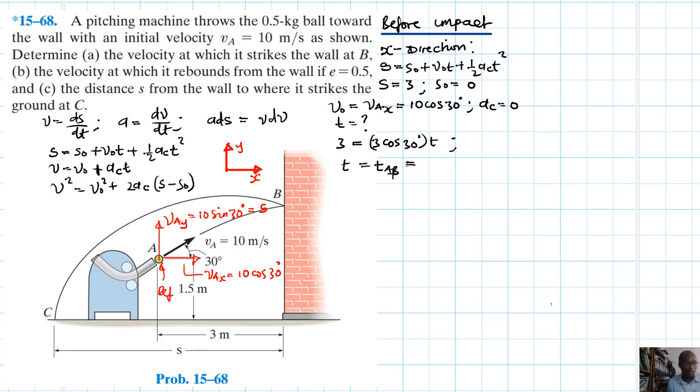Sorry, this one here is 10. So we have 10 cos 30, and 3 divided by that gives us this time, 0.3464 seconds. This is the time it takes. And then from here we also know that